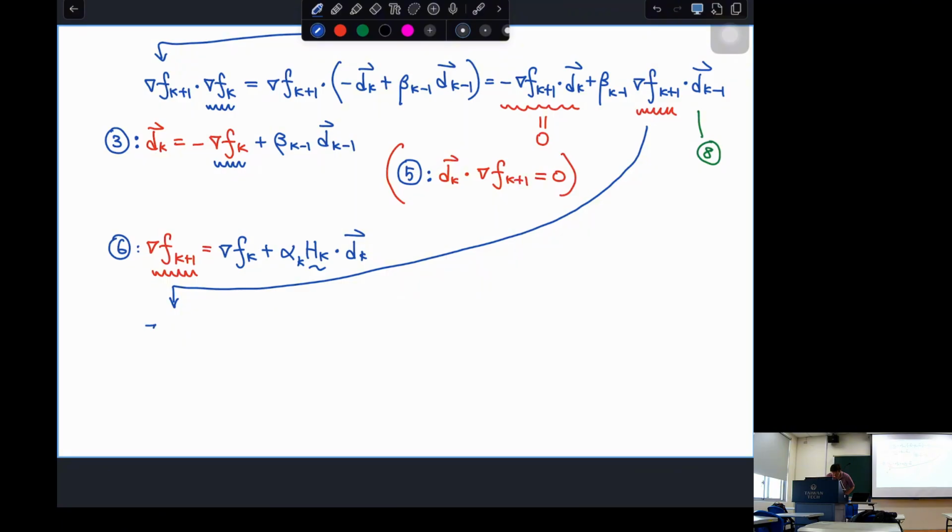Gradient f k plus 1 dot gradient f k now becomes beta k minus 1, and what we have from equation 6, gradient f k plus alpha k Hessian k dot dk, and this whole thing dot product with